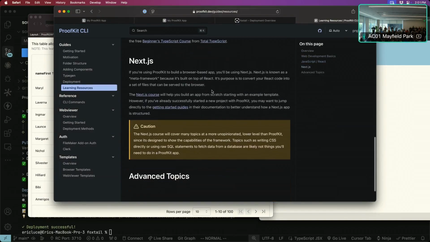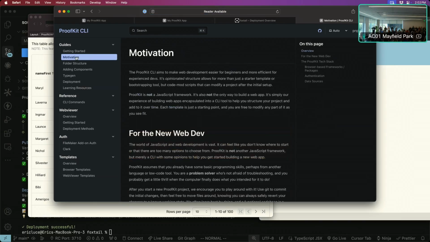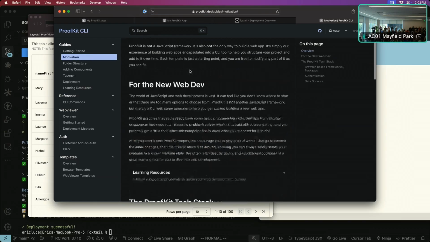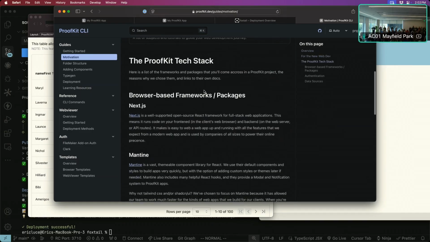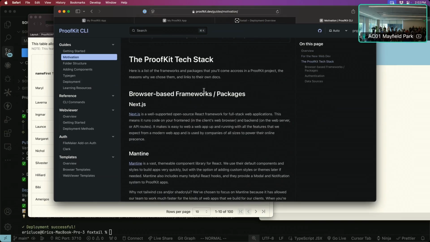And so really what you'll want to do, if you don't see it in ProofKit, is say, okay, how do I add a card modal to Next.js? Or the other thing is if the motivation page has a list of all of the pieces of the web app that we've chosen, right? So again, I say that ProofKit is this opinionated method of how Proof would build a web app, right? It's not the only way, but if you're overwhelmed by all those choices out there, you can start with this